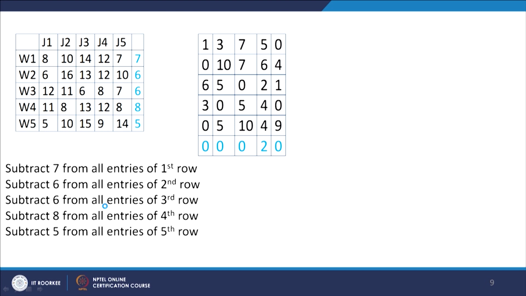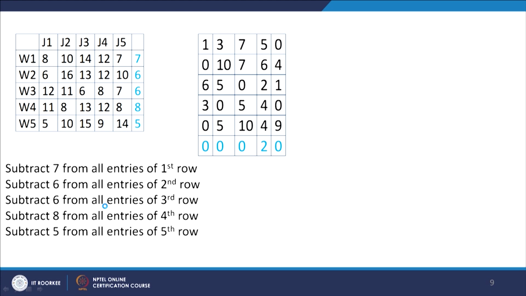As you can check, 8 minus 7 is 1, 10 minus 7 is 3, 14 minus 7 is 7, 12 minus 7 is 5, and 7 minus 7 is 0. And like this you can check all the rows by subtracting the minimum of each row. And this means that in each row somewhere or the other you will get a 0 entry. Now, once you have done this for all the